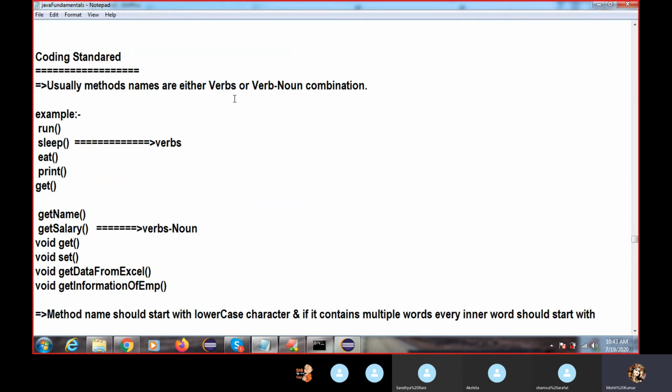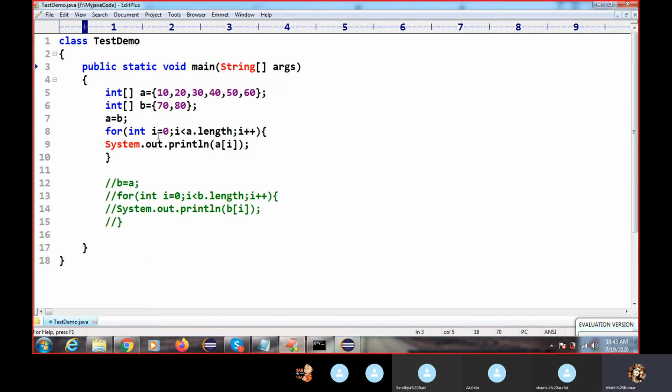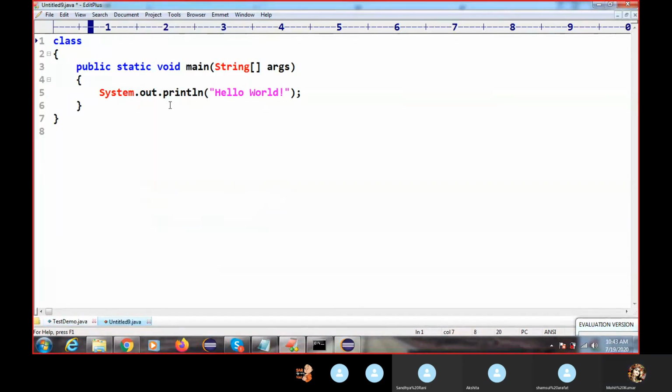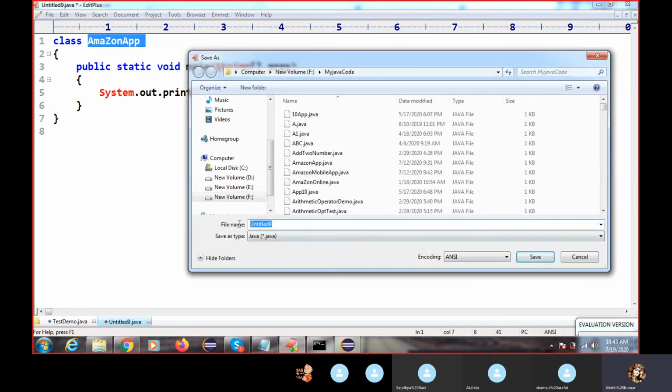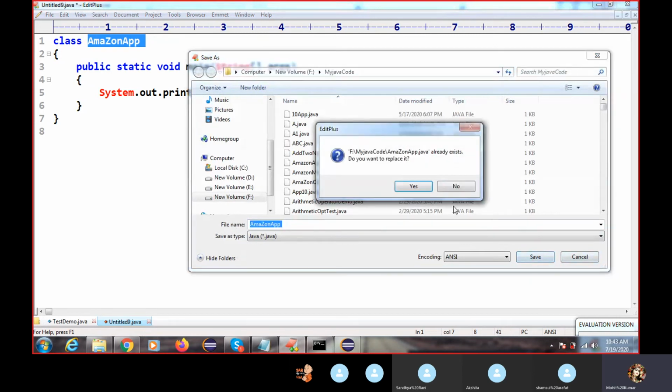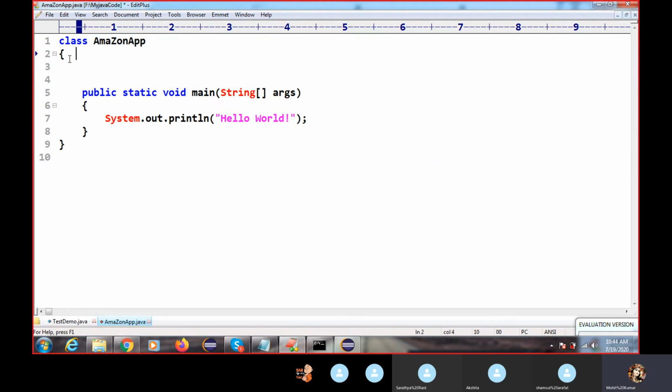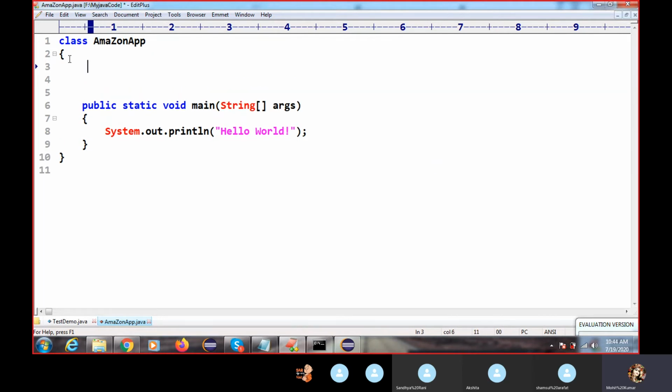Usually method names are either verbs or verb-noun combinations. When you are writing a method, you are creating some logic. We need to follow this in real time when writing code, or if you join any company with an existing framework, they will definitely be following some naming convention. When you are writing this, I'm going to create a static